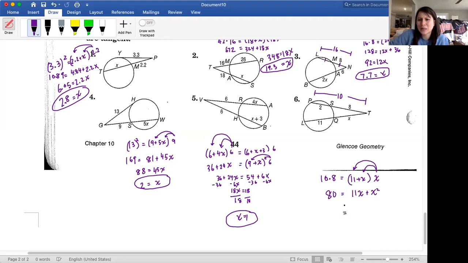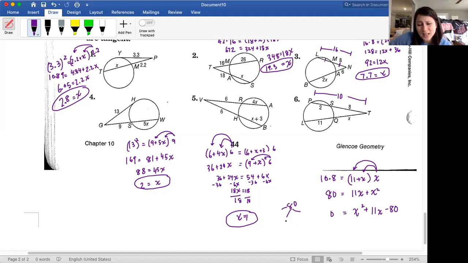Okay, I'm going to rearrange this a little bit and make this into an equation where I can factor, because I've got an x squared plus a number times x plus another number. So I'm going to make this x squared plus 11x minus 80. I'm going to subtract 80 from both sides and think through, do I have factors of negative 80 that work out to 11? So what, I have 8 and 10,